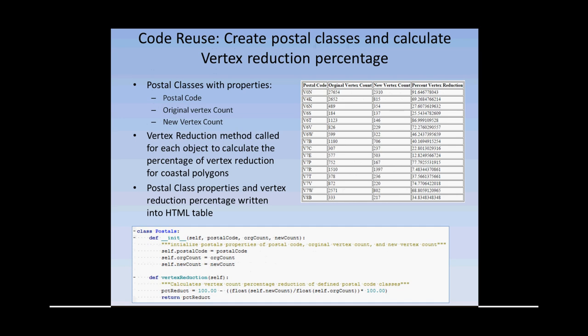Creating postal classes, another one of the requirements. I created a postal code class with the properties of postal code, original vertex count, and new vertex count. I was able to then call a function within that class using the postal code class to calculate the vertex reduction. And you see the table up here is the final result, and I put that into a HTML table